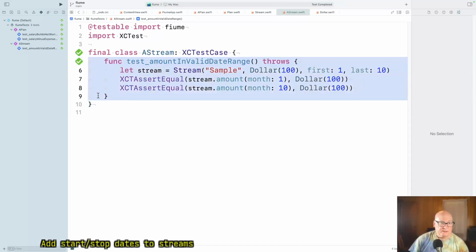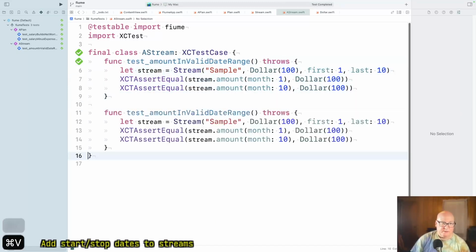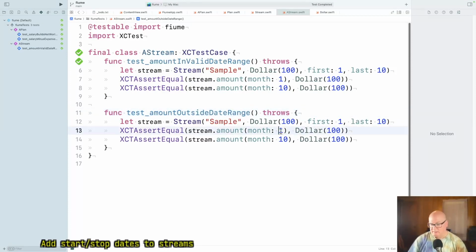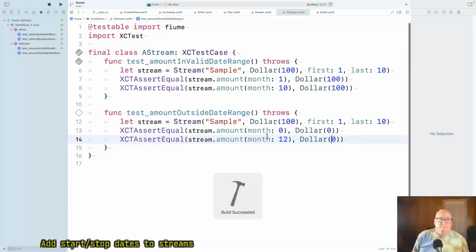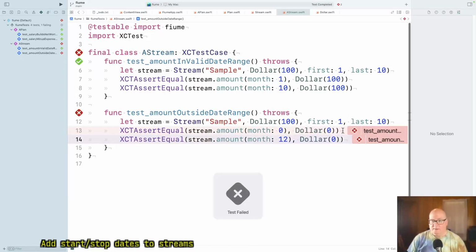Okay, now let's do a test that's outside the date range. 0 doesn't make sense for us, and 11 would be the next one outside. Okay, these will fail. Good. And they came up 100, right.